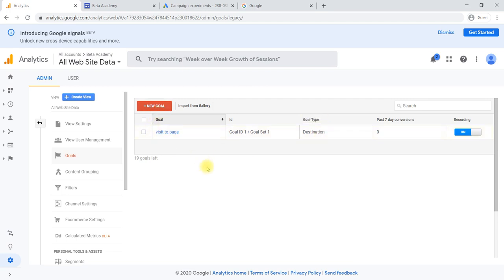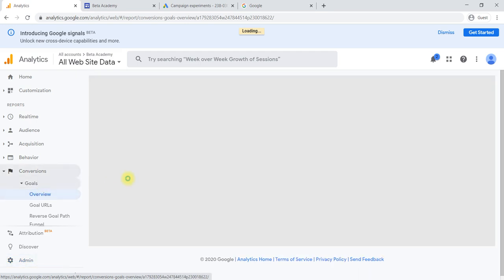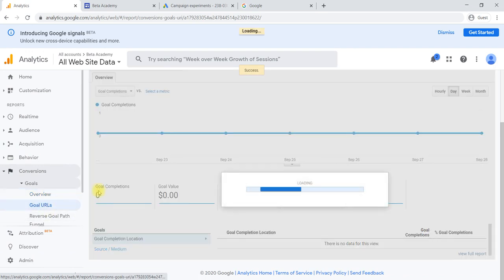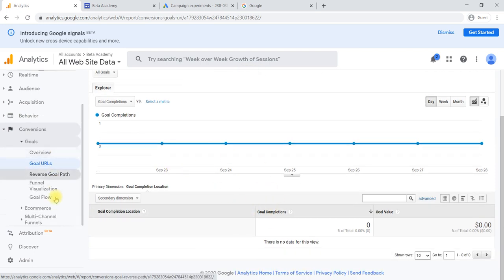Like this you can add multiple goals to your pages. Once you have created goals, you can go to Acquisition and see Conversions, the goal conversions. Right now there won't be any data because we haven't started running. It will take some time for the data to update. Once updated, it will be shown here. That's about how to create a goal using Admin.